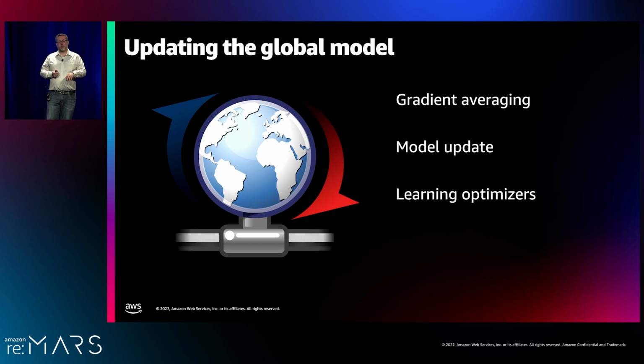We can then apply that global gradient to the model to update it, and we use a learning rate to control how much impact that gradient update will have on the model. So if we use a very large learning rate, the model will change significantly. If we use a very small learning rate, it will only change slightly. We have to find the right balance: changing the model fast enough that training doesn't take forever, but not so big that we actually put the model into a bad state.